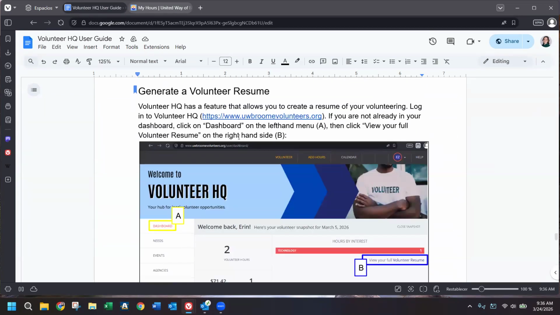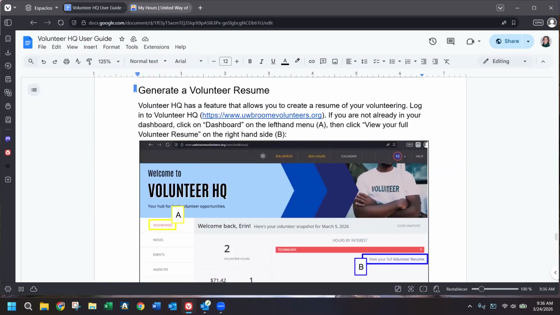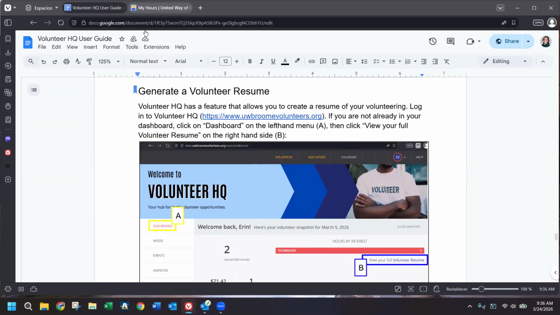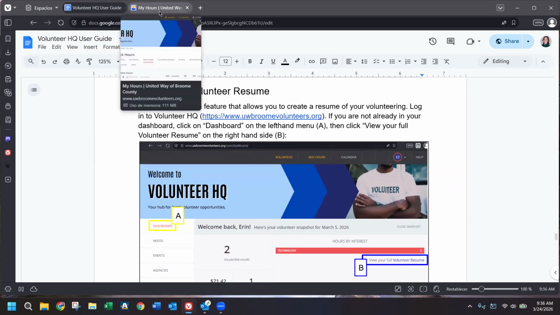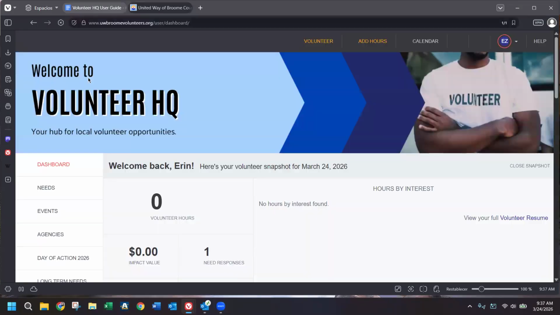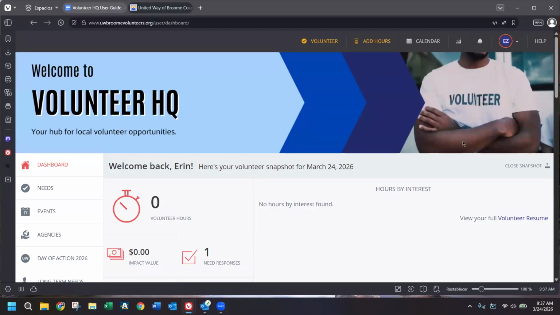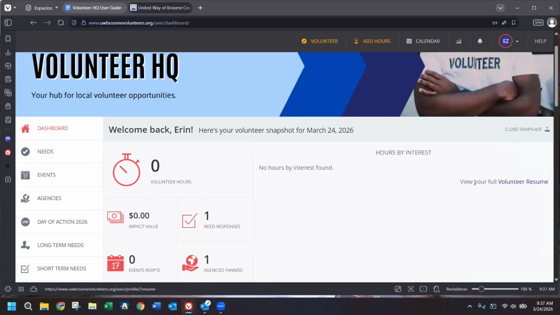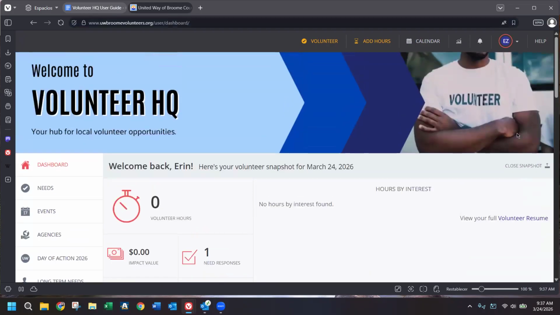And then just a feature of Volunteer HQ that could be helpful is that Volunteer HQ can generate a volunteer resume. So if I have just logged in and I'm in the dashboard, what you can click is view your full volunteer resume over here, which is not very prominent,